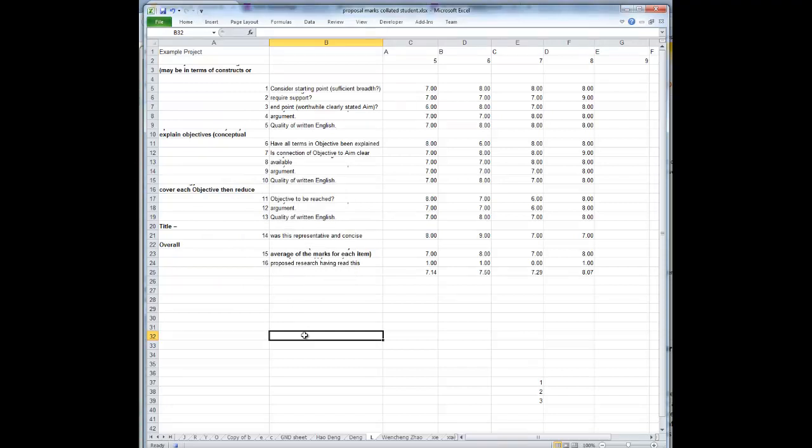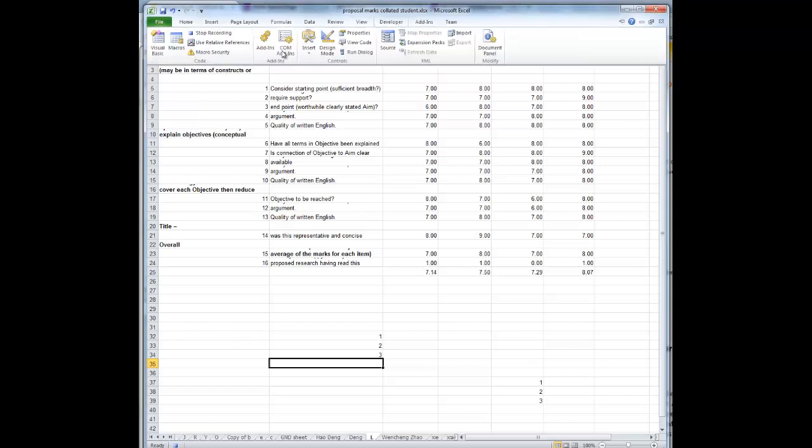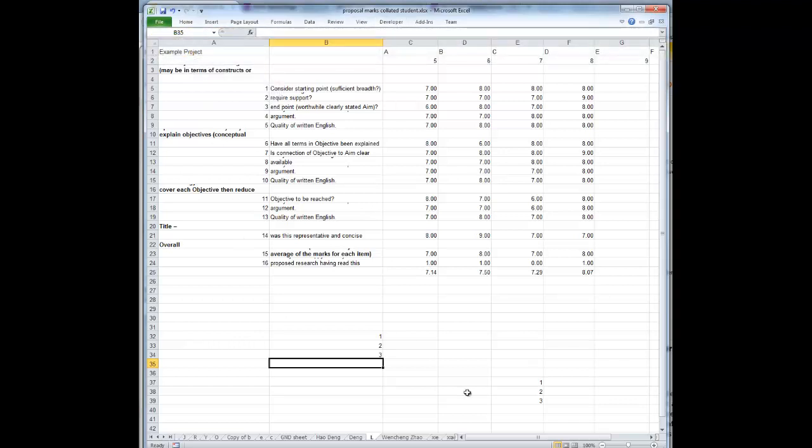And then if you just do anything now, it will be recorded in Visual Basic. It's a very useful thing when you're writing programs, to help you get started. In this case, there's not much use to it, but if you just type 1, 2, 3 in there, and then you've got the option to stop recording. Stop recording now, and then